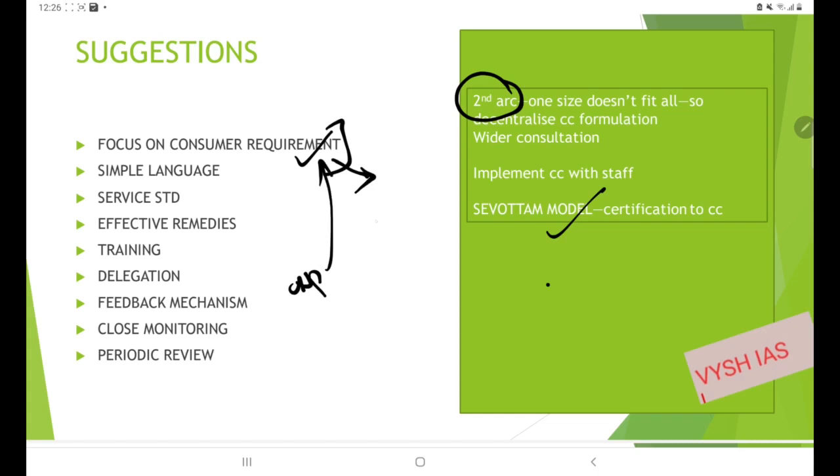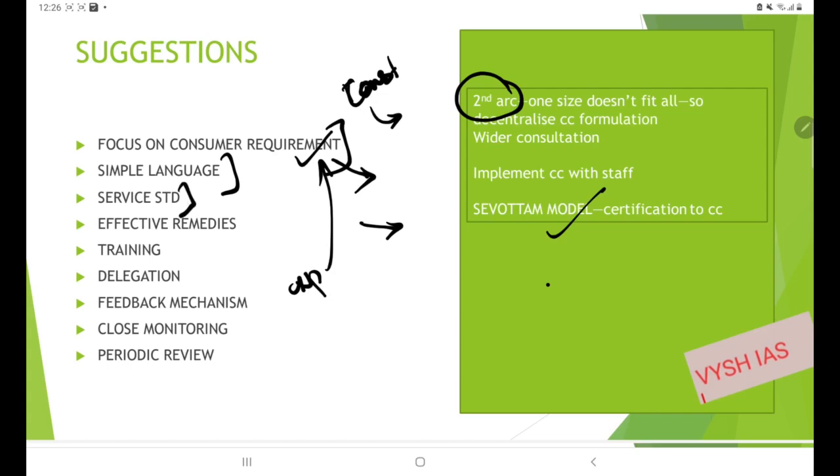First, the organization should consult with the public. What are your expectations? Once it is done, the organization is mandated to include that in their citizen charters. Then it should be in simple language. It should not go in flowery language like we have in our constitution language. Okay, that is not going to reach the public. So simple language can be used.